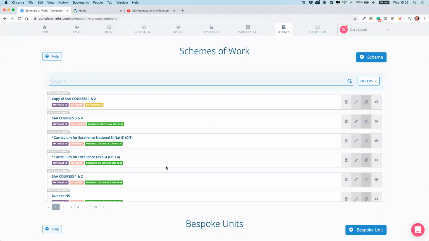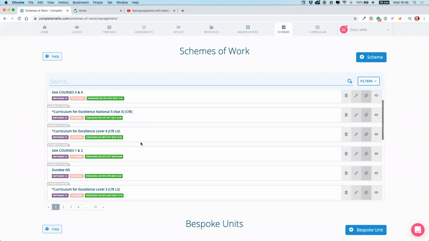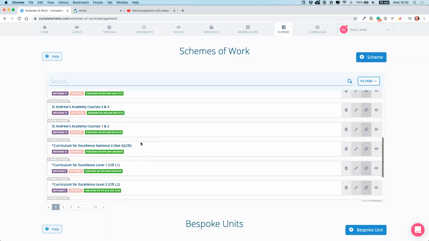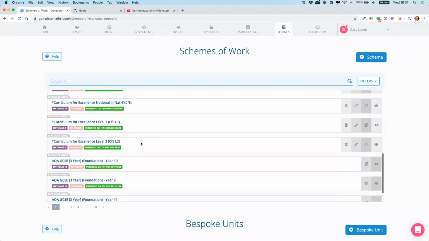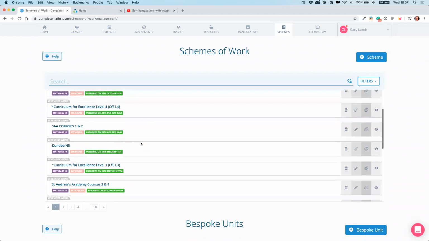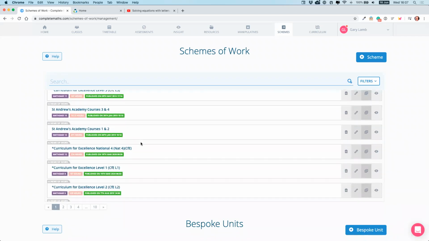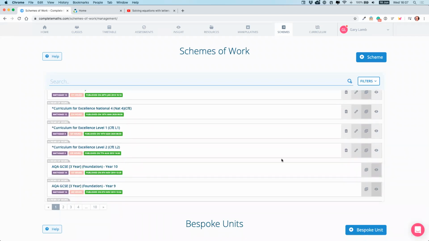Now you can probably see, for the Scottish people in the audience, that we have National 5, Level 4, Level 3, National 4, Level 1, Level 2, and yep, that's all of them there. So these are schemes that I've created. If I just go in and take a quick look at Level 2,